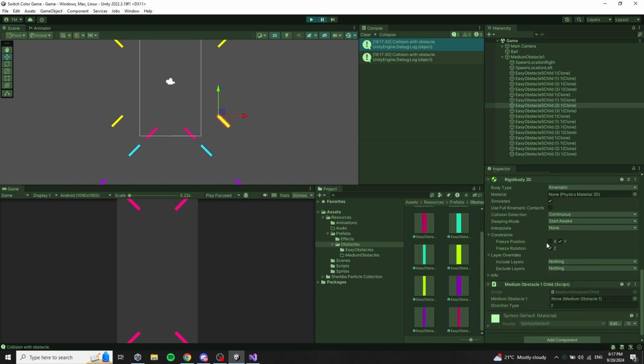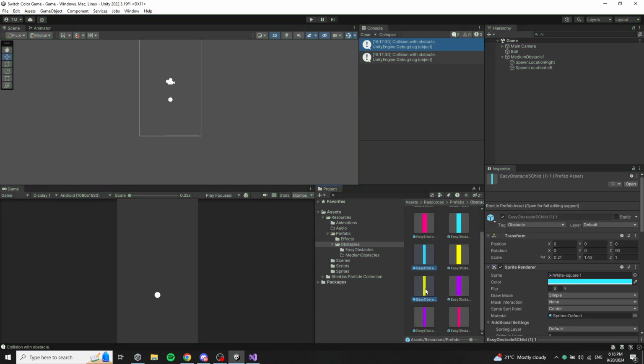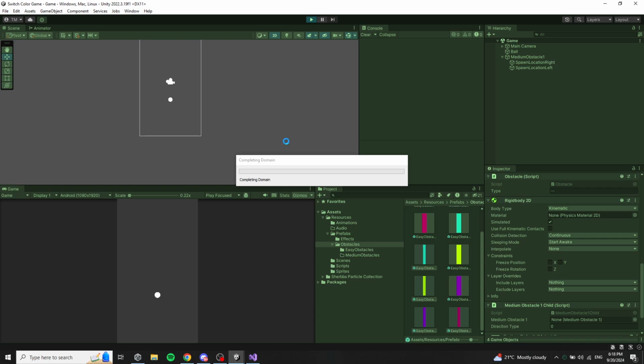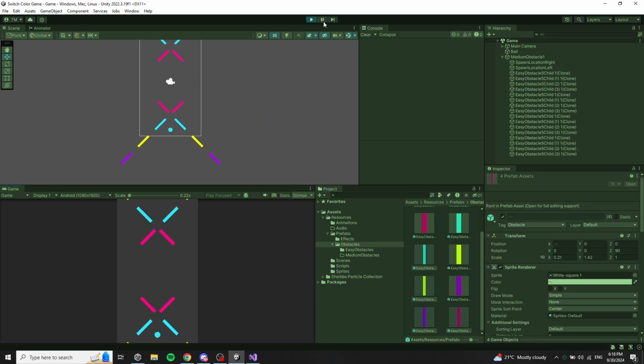Rigid body. Okay, I see. We have a problem with the rigid body here because we selected the freeze position here. We need to remove this. The rotation should be fixed, but let's remove it too. Let's try again. If it's not that, then we have a problem with the code. Okay, now it moves correctly,